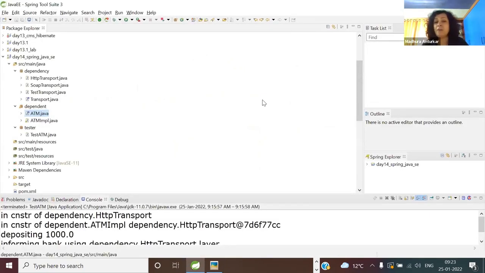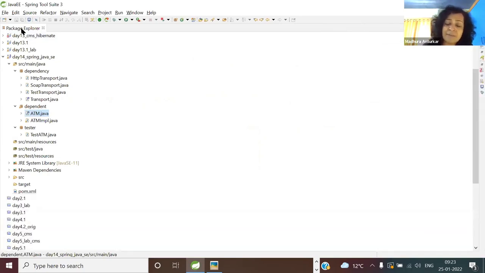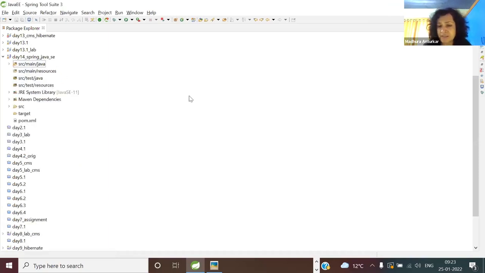Now we are going to give the XML based configuration, XML based instruction. That's why I start Maven very early nowadays. Would anyone like to tell me, where should I create this XML file? Under src/main/java or src/main/resources? We have not yet entered testing, so I'm giving you two options.